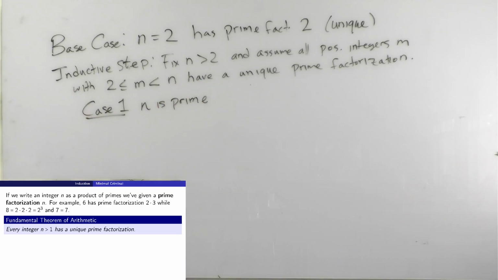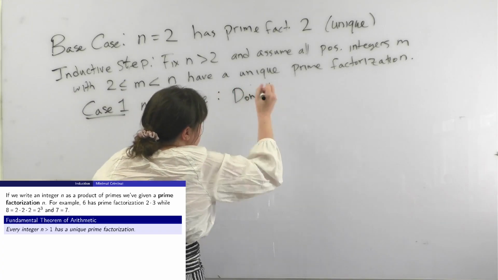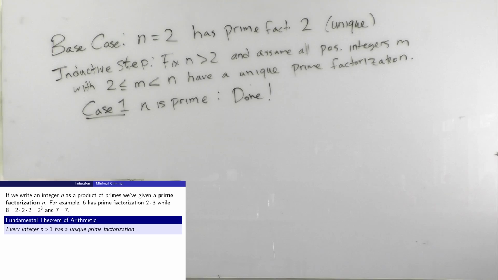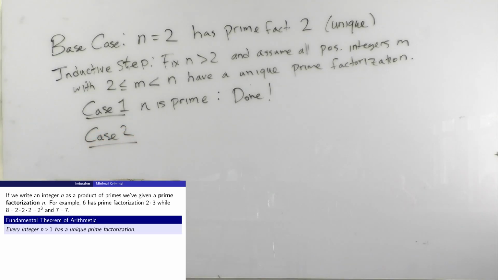One thing that could happen, which wouldn't really let me use induction, could be that n is prime. If n itself is a prime number, then we're done. I'm not going to somehow apply this hypothesis to conclude that there's a unique prime factorization. But I don't need to. As we said, every single prime should be its own unique prime factorization. So the work that I'm going to have to do by induction